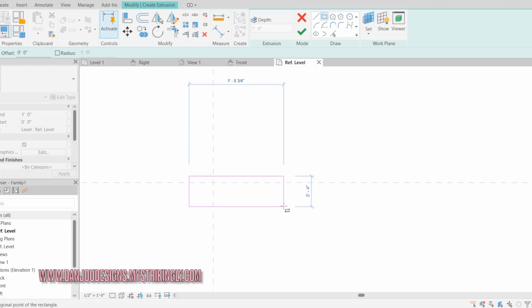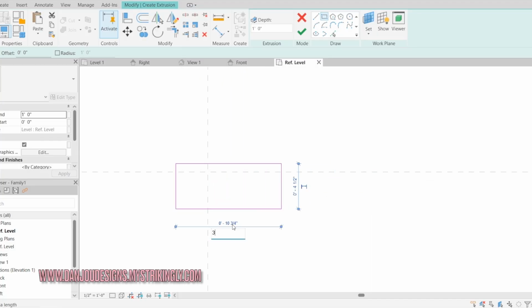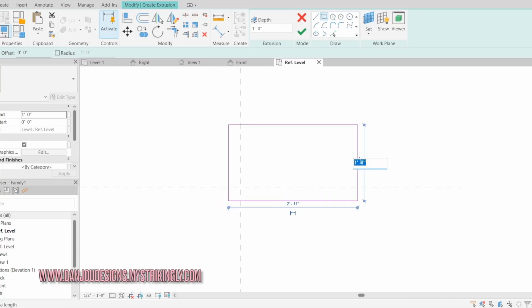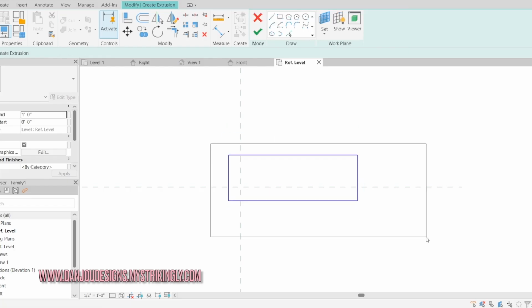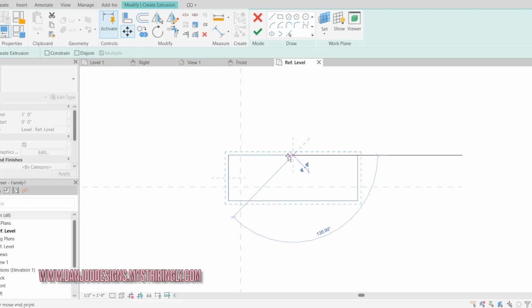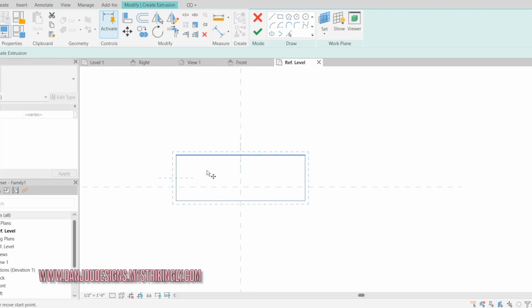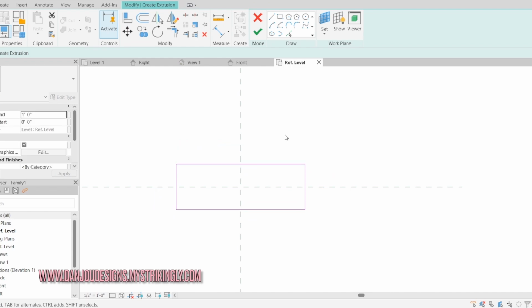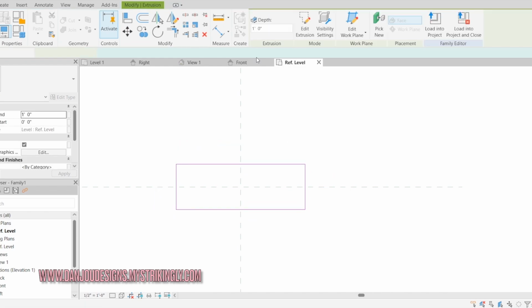So I'm just gonna make this one a random dimension, and now I'm gonna center it on the reference lines with the move tool, like so. Now I'm gonna click the check mark, go to the front view,